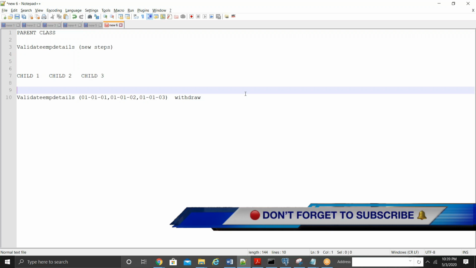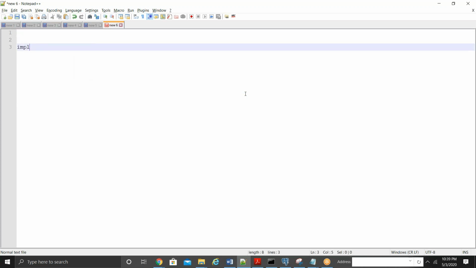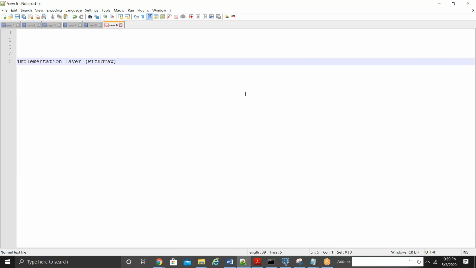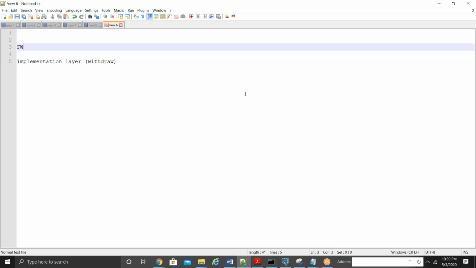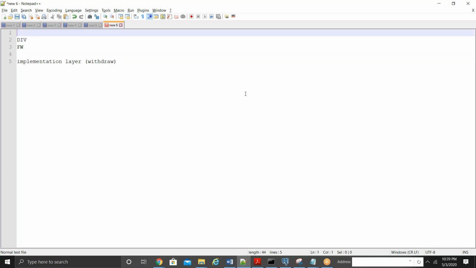Which means that if you withdraw a rule in the implementation layer, and the same rule exists in the framework, division or organization layer, it is going to be picked at runtime.